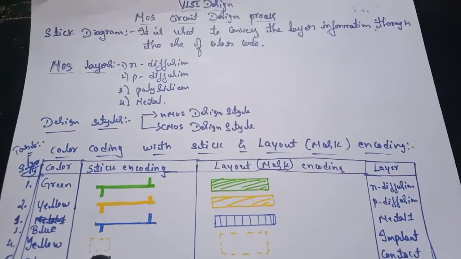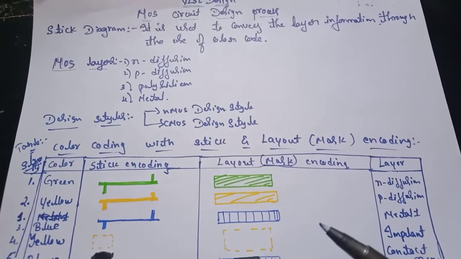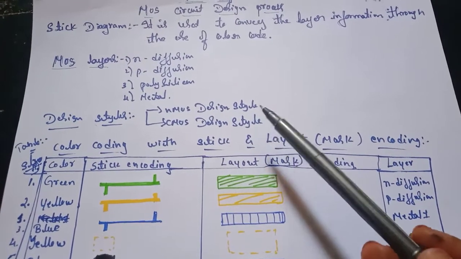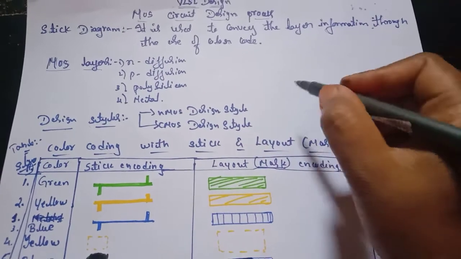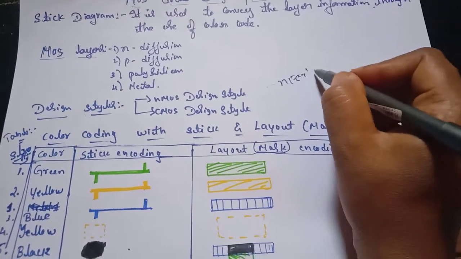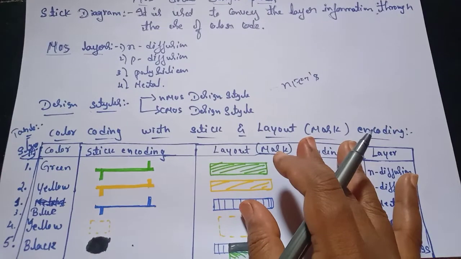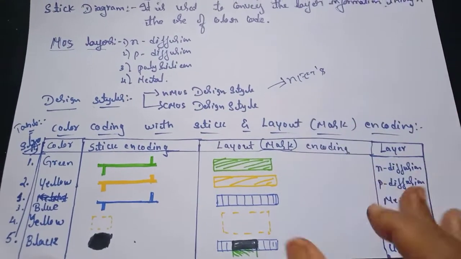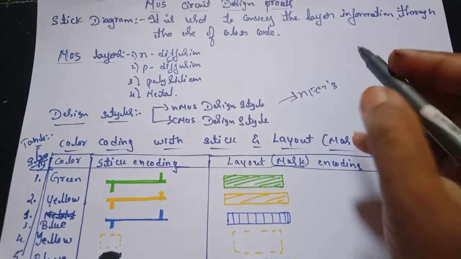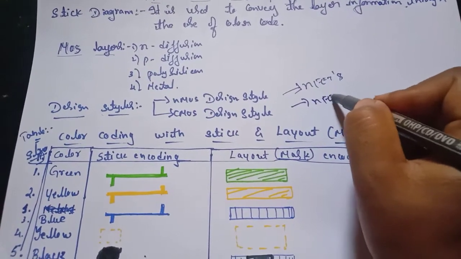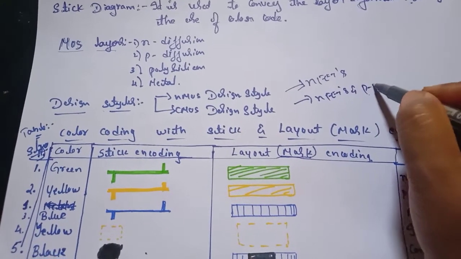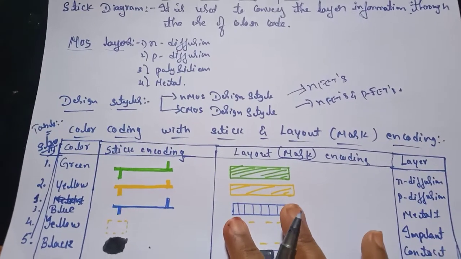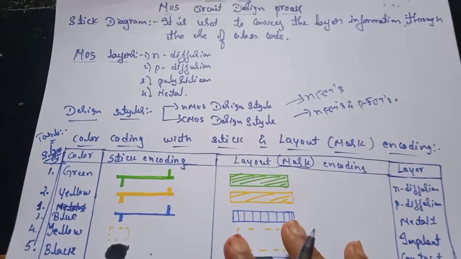There are two different styles of writing a stick diagram: one is the NMOS design style and the other is the CMOS design style. In the NMOS design style, only NFETs are used to write a stick diagram and a layout diagram. Before the stick diagram, first we need to write the schematic diagram. In the CMOS design style, both NFETs and PFETs are used to write a schematic, then the stick and the layout